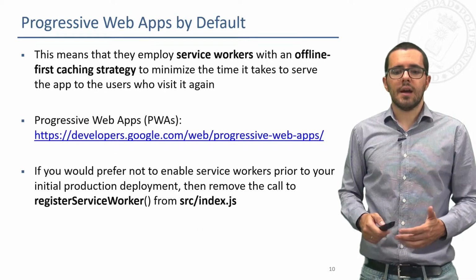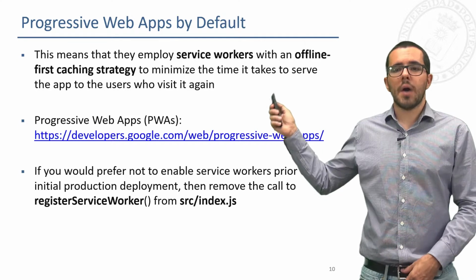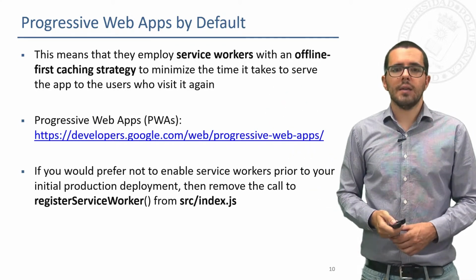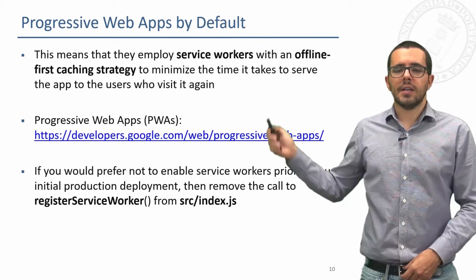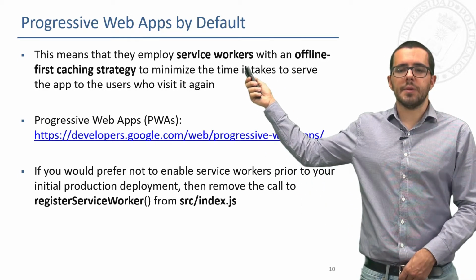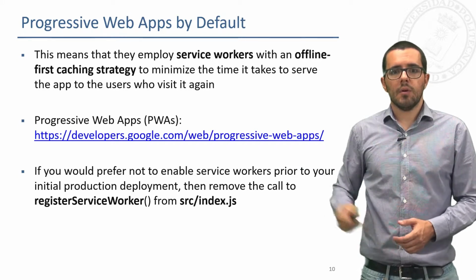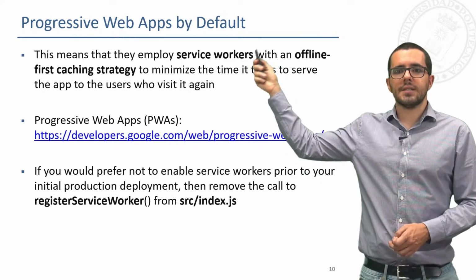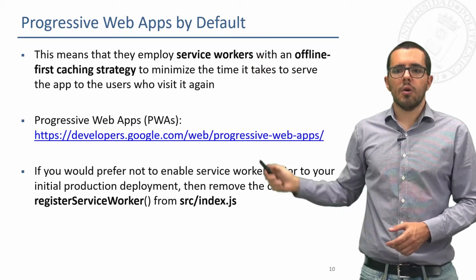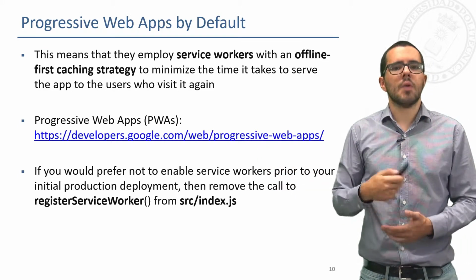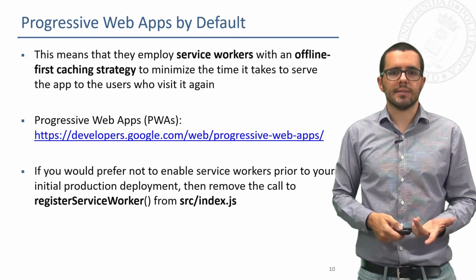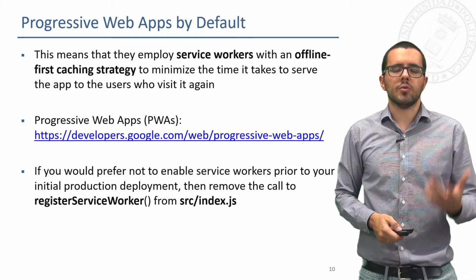And finally, they have progressive web applications by default. That's why they include this manifest.json, and they include by default also a service worker, okay? Just to create progressive web applications. More on progressive web applications on this link. You can learn what they are, how to do them, what their characteristics and their main functionalities are, and so on.